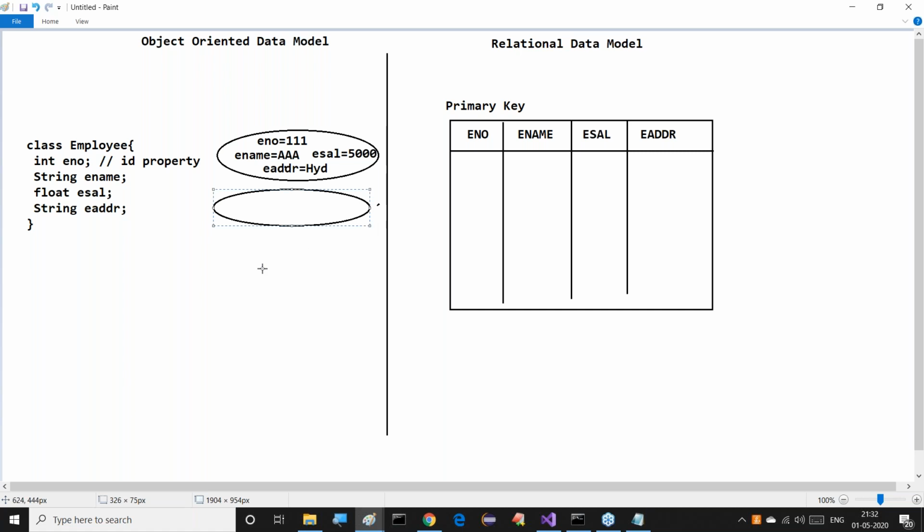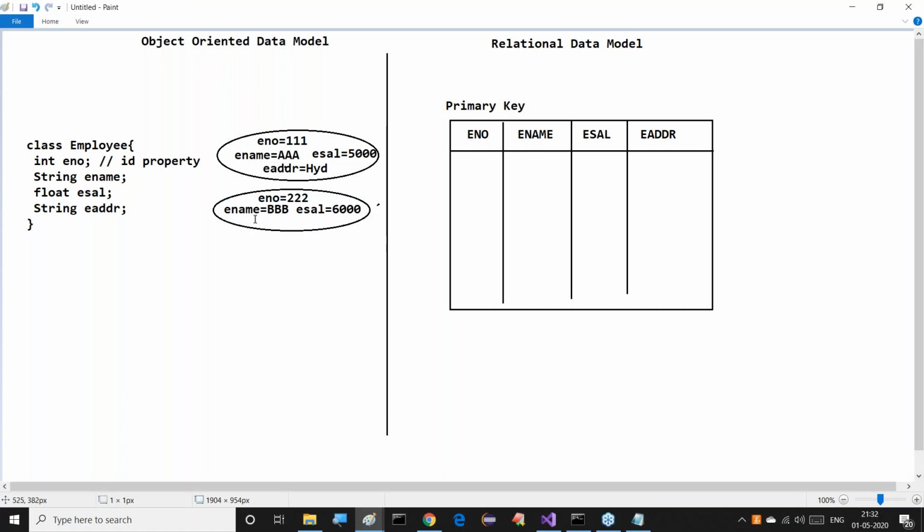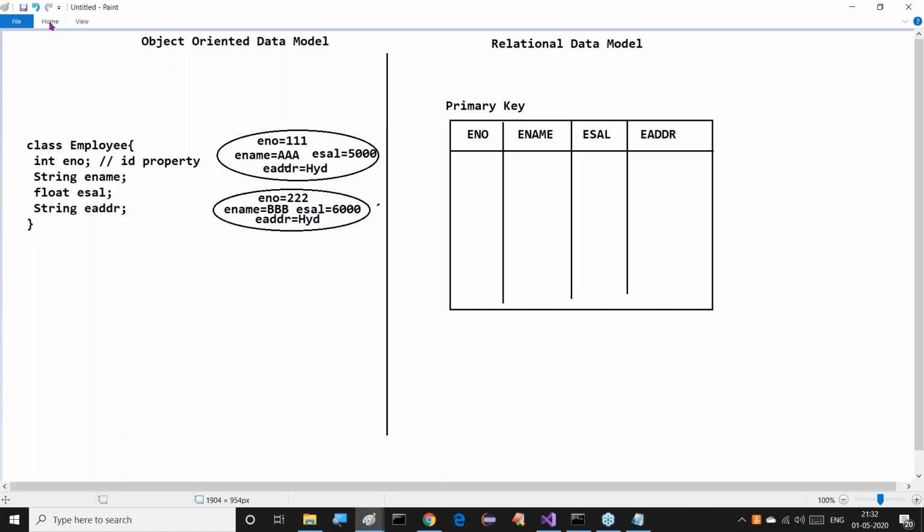Similarly, another employee object: eno is equal to 222, ename is equal to BBB, esal is equal to 6000, and eaddr is equal to the address.